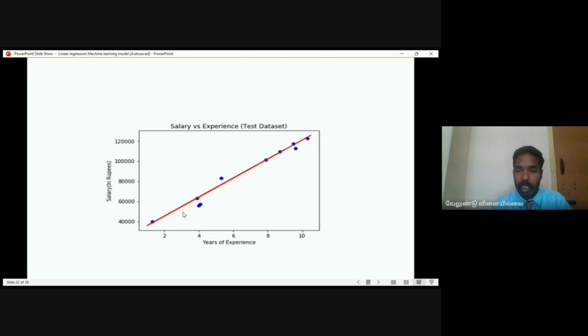So predicted data line is red color, and the test data sets, sorry, this is a test data, it's a test data in blue lines. So you can see most of my data fits with my predicted data. So the system is approaching very good. Suppose if all the data scattered is not fitting, it means whatever system we designed is not correct. So the behavior of the data sets is also linear, and we are using linear regression, so we can use this as a validation. So our system model is very good enough.